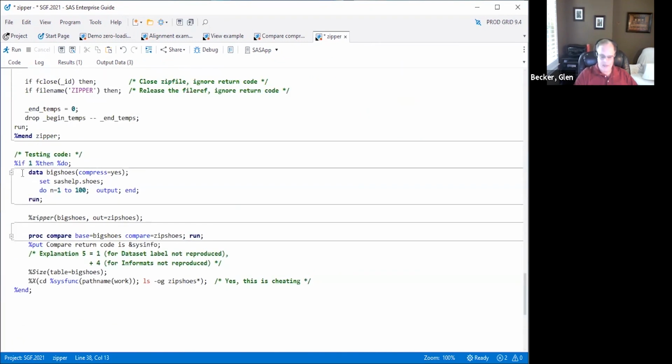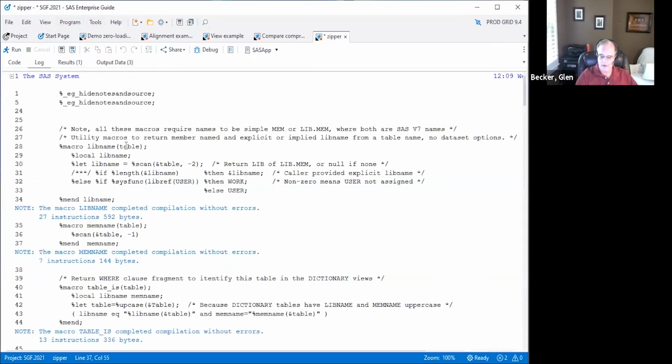So say Big Shoes is sashelp.shoes, everybody's favorite file, with every row repeated 100 times. I Zypper it, and then just to make sure it zippers correctly, I proc compare it. Then let's look at the size of the 2 results.